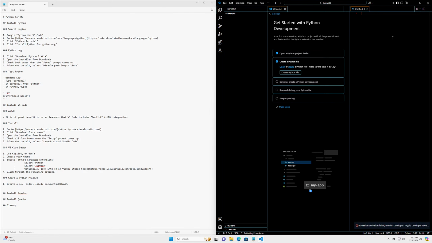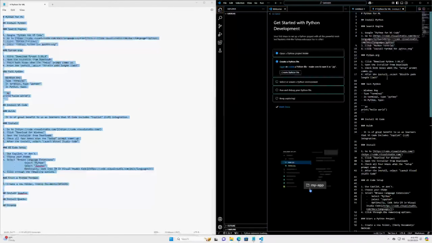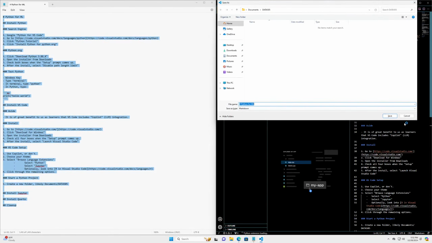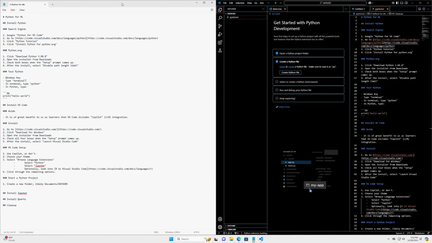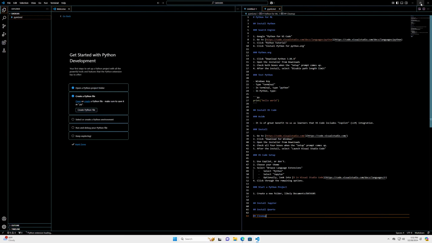This is getting a little cramped, so I'm going to do a trick now. I'm going to take this markdown document, and I'm going to make a new document. I'm going to copy paste in the markdown. I'm going to save it as, for now, we're just going to call it PyML. It is auto-detected as markdown. I'm going to save it, and I'm going to close this window. I'm going to go up to full screen,